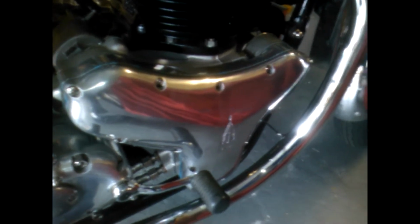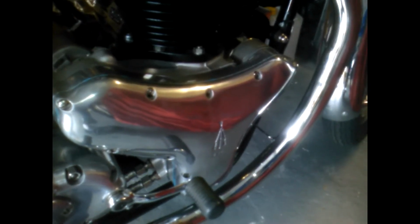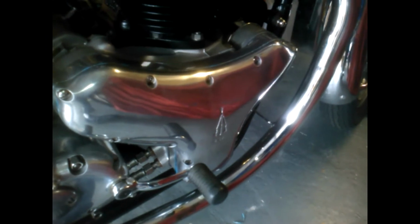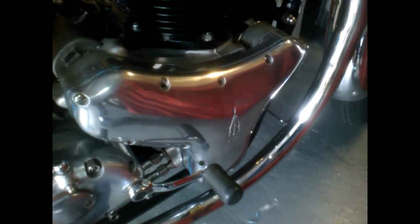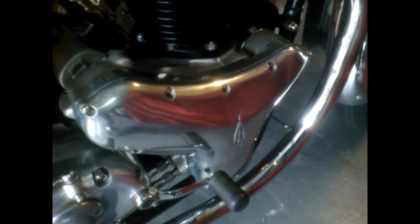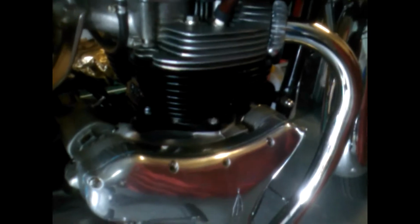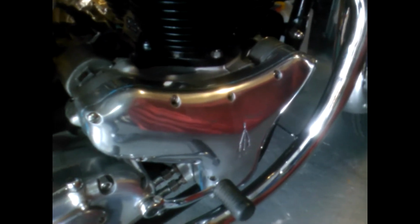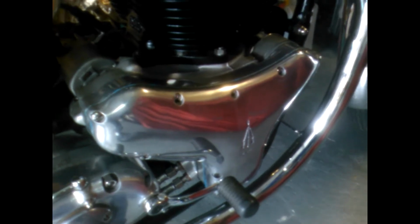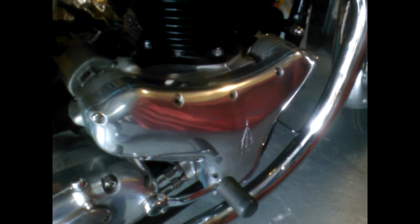Very good, worthwhile investment if you're planning on keeping these for a long time, lads, because you can fit that and forget about it. They're good for about 150,000 miles before they need replacing. It's a roller bearing and also a ball bearing as well, so it cuts out a lot of the flex on the crank, and it's got the end feed as well, which pumps oil through the end of the crank,